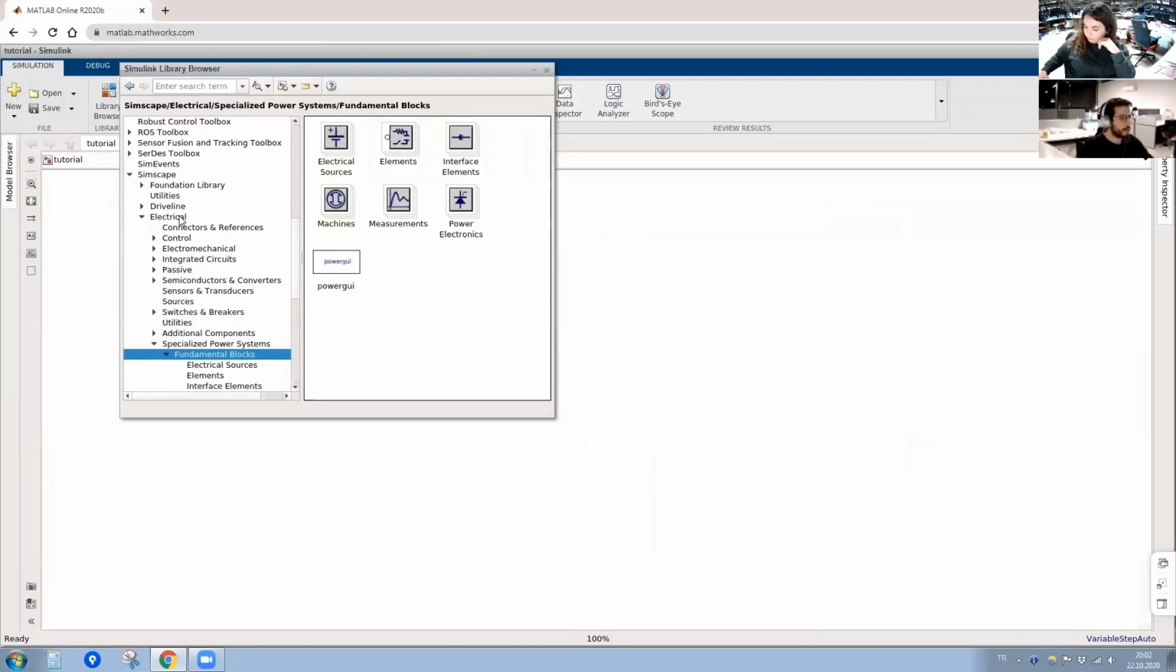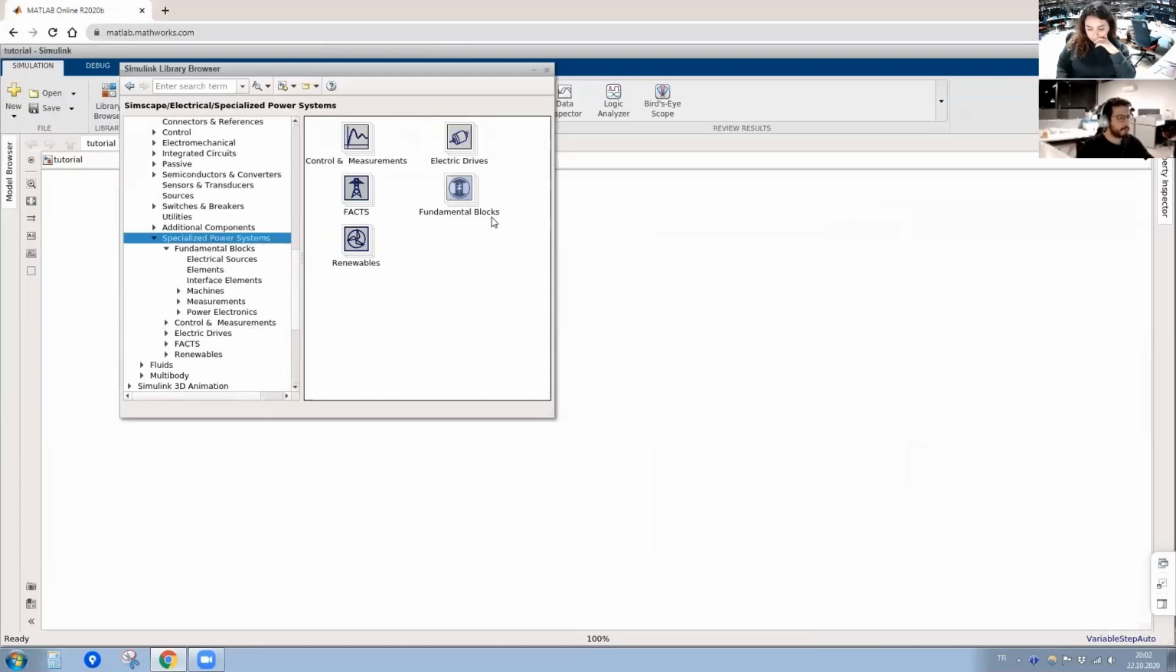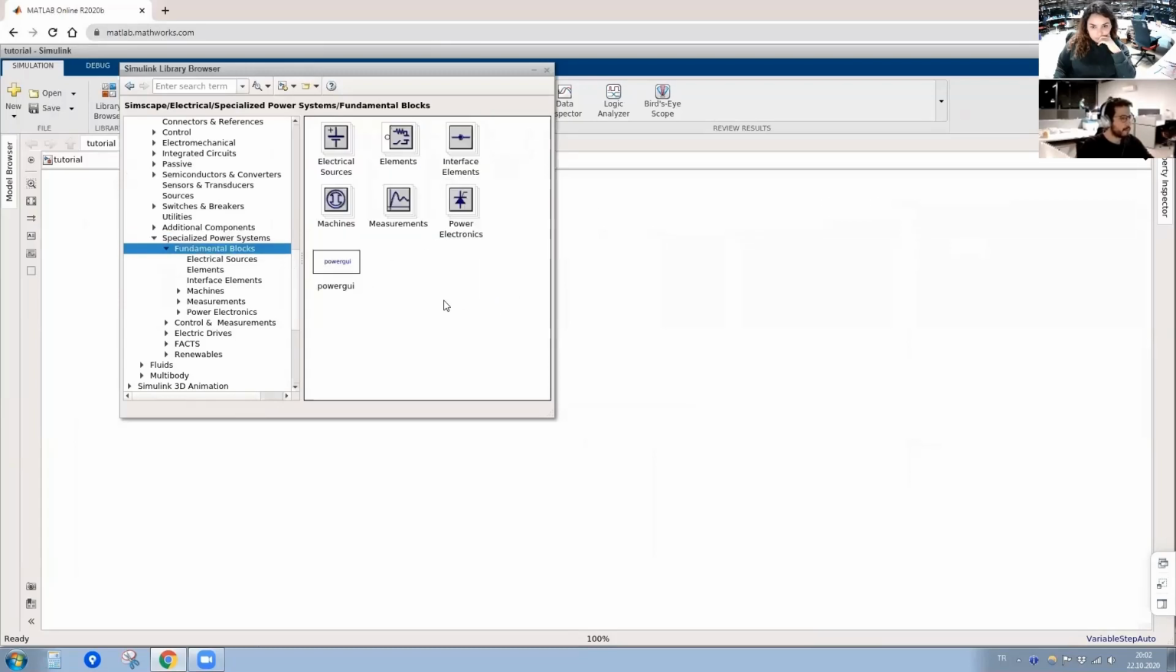Simscape Library, electrical tools and specialized power systems, and what we will use are located here. We will mainly use fundamental blocks. Under fundamental blocks, in order to use this Simscape library, you have to put this power GUI to your model. You can put a block to your model by clicking the right button of the mouse and add block to model tutorial, or you can simply just